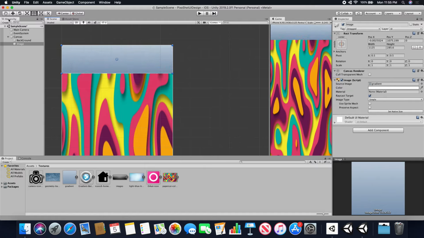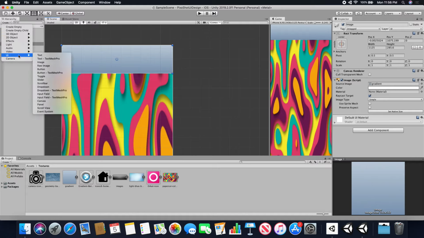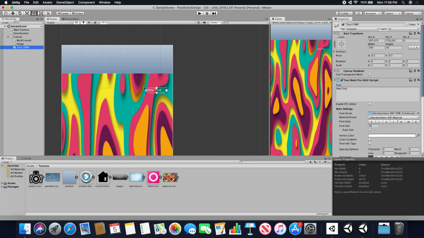And now I'm going to add the text. So I go to UI, we have Text, and we also have Text Mesh Pro. Text Mesh Pro is newer, and I recommend always using Text Mesh Pro when you have it. If I wanted to make a button, I would go with Button Text Mesh Pro because it's much better. So I'm going to use Text Mesh Pro, and you can see it just added a text. I'm going to drag it right in here, and so the first thing that I want